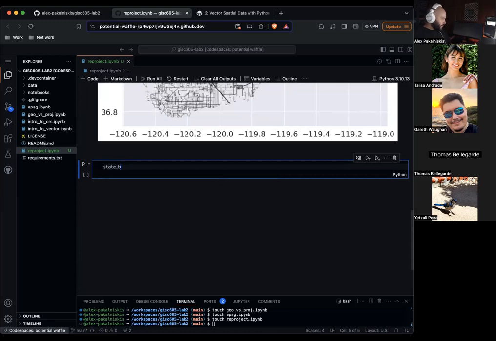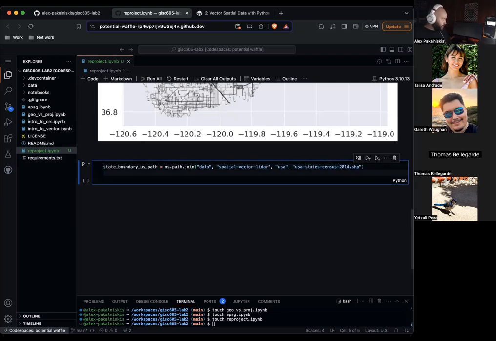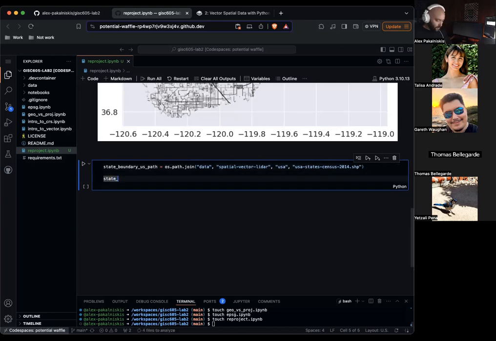State boundary US path equals OS path join data spatial vector LiDAR USA states census 2014.shp. State boundary US equals GPD read file state boundary US path.